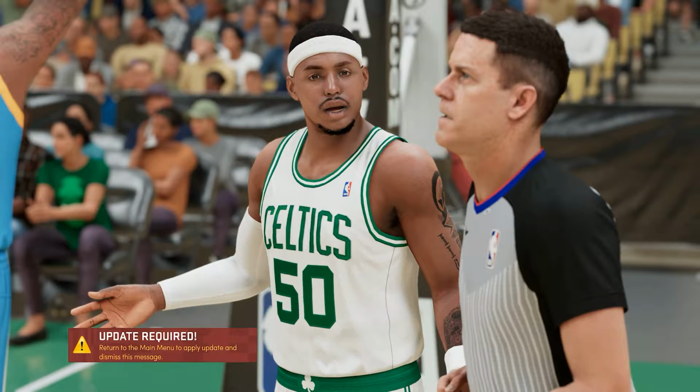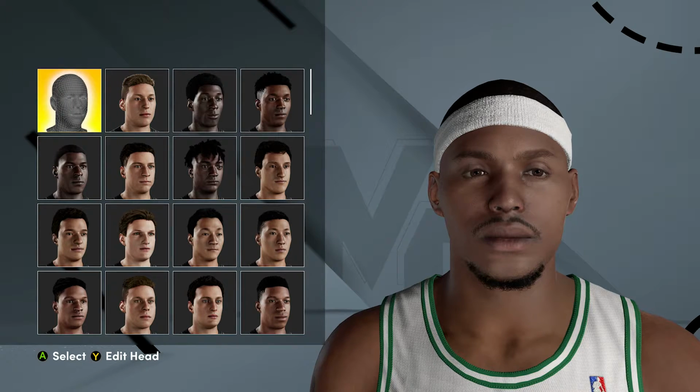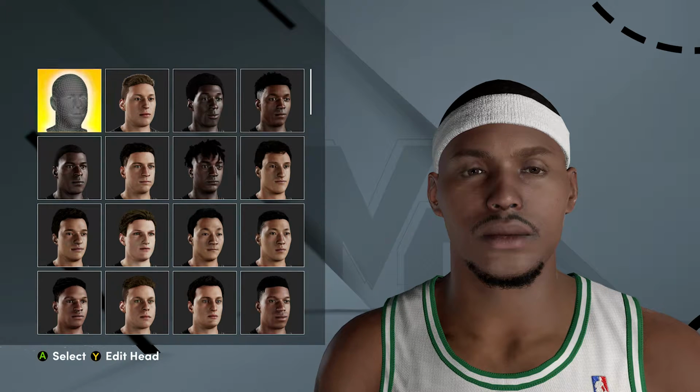Hi everybody, I wanted to go over a quick tutorial on how to create Eddie House in NBA 2K21, next generation Xbox Series X, as well as PS5. I believe this will also work for PS4, Xbox One, and the PC versions as well because this base exists. So the first step to this is the base, and you will use the first one